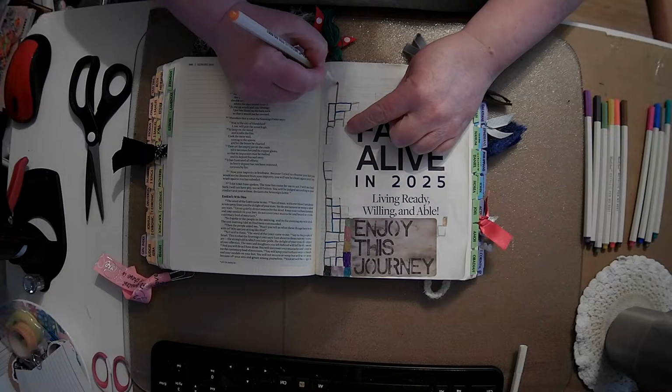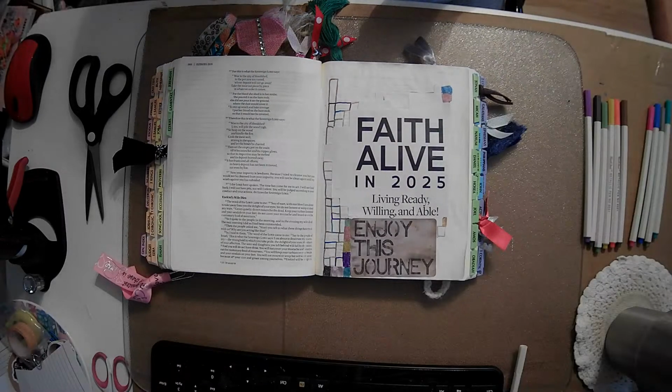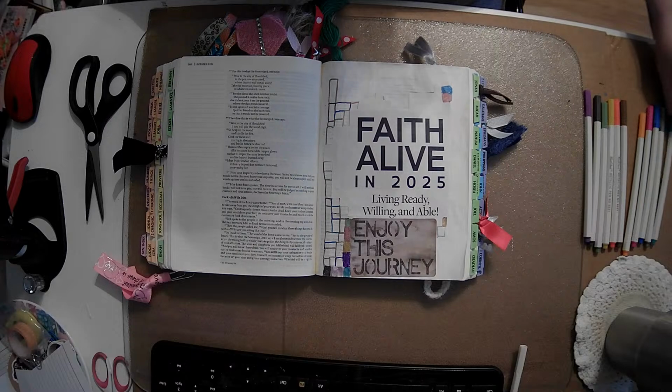So I'm going to go ahead and get bigger here. Because I don't know about y'all, but 36 minutes of me drawing squares is kind of boring, I think. Anyway,